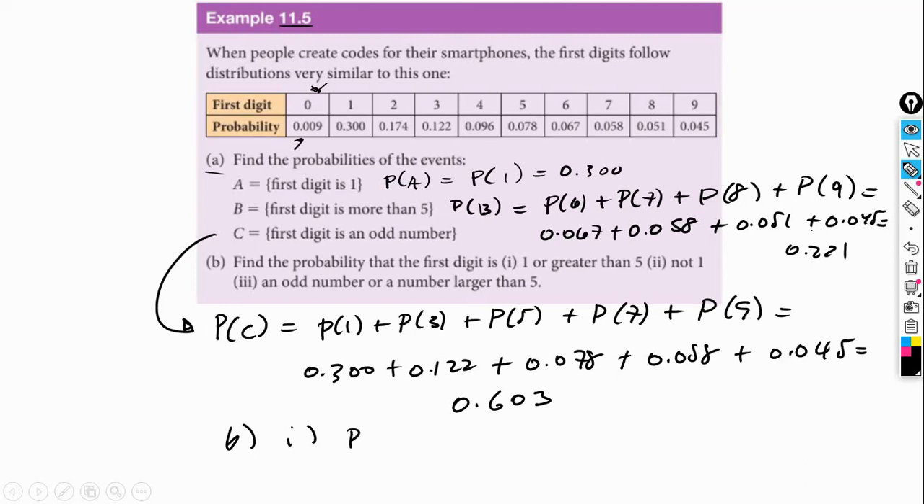For part B, find the probability that the first digit is number 1 or greater than 5. So it's the probability that it's 1 plus the probability that it's more than 5, which was the same as the probability for B in the past part of the question. So all we have to do then is add 0.300 plus the probability that we found for B, which was 0.221. And this is a simple addition that is going to give us